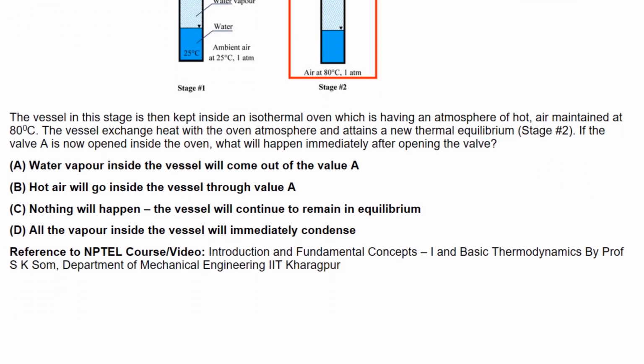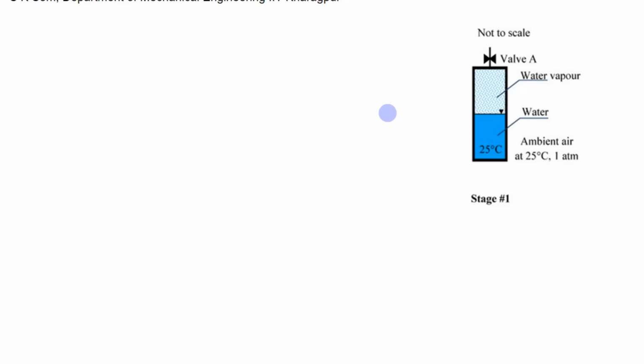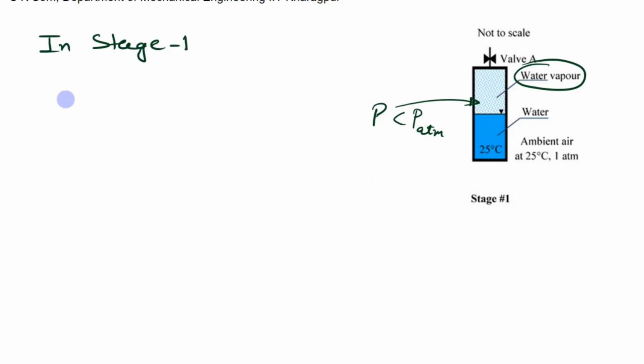Let's see the explanation for this problem. In stage 1, the pressure P will be less as compared to the atmospheric pressure because of the presence of water vapor here. So this will be less than atmospheric pressure. That is the case of stage 1. Now in stage 2,